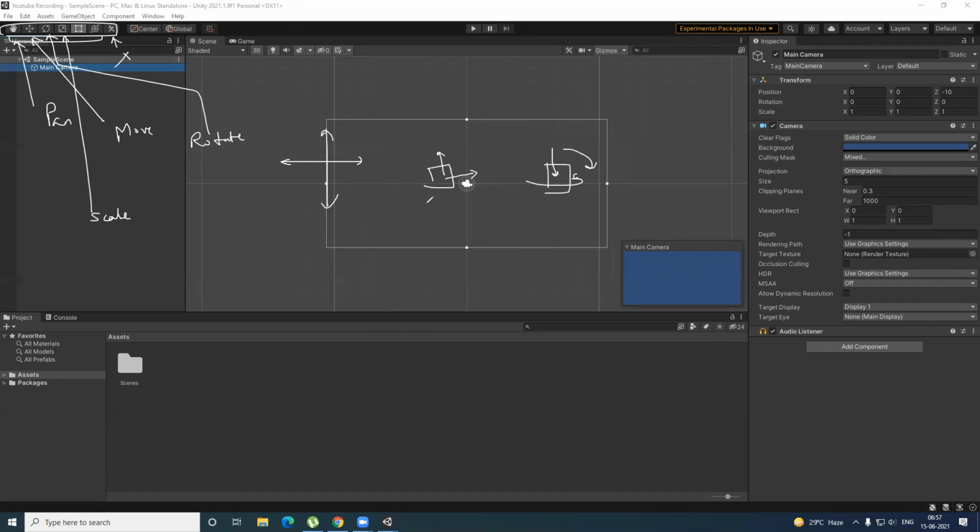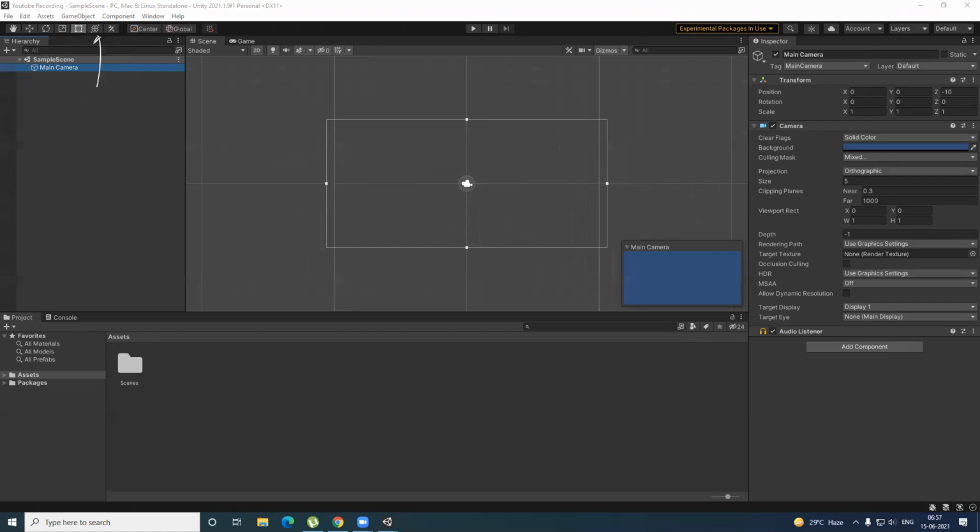So what the scale tool does is help you scale up objects if you want to change their size to this, or maybe a bigger square, anything you want. It can be bigger, it can be smaller. So this is generally scaling. I'll just demonstrate each one of them. And this last tool does all three things together.